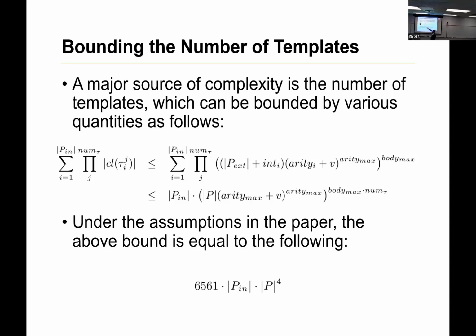So looking at the number of clauses per template, we can look at the number of predicates involved, which we're picking from the number of extensional predicates, and we got this I, which is the number of intentional predicates that were permitted, because the template limits that number. But just to put it there, let's say that. And you've got a bunch of spaces to fill. So this is the arity,